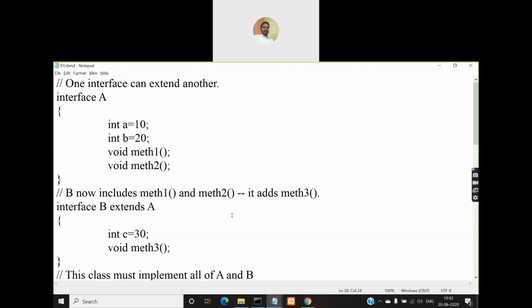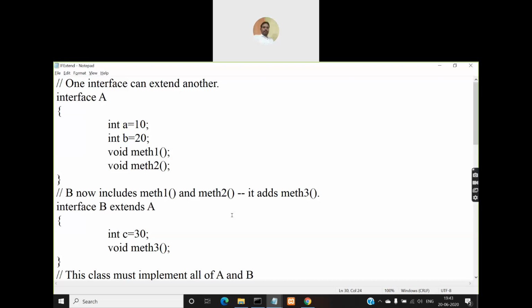So there is not much meaning in it. If at all, in some cases where you have already created an interface but you forgot to add some method or a variable to it, and you want to add additional features, then instead of altering the existing interface, you can create a new interface by extending the old interface, creating a sub interface, and add the additional features to that one.